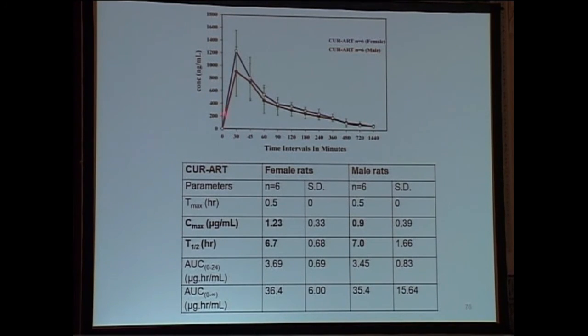The important thing is that this bioavailability study is done in rats, and the Cmax occurs at a Tmax of 30 minutes, which ties up very nicely with the half-life of curcumin, as I showed you right in the beginning. Curcumin has a half-life of between 30 to 45 minutes to 1 hour. So you would want maximum exposure in less than 1 hour, and this is really what seems to have been achieved with the curcumin-artemisinin.